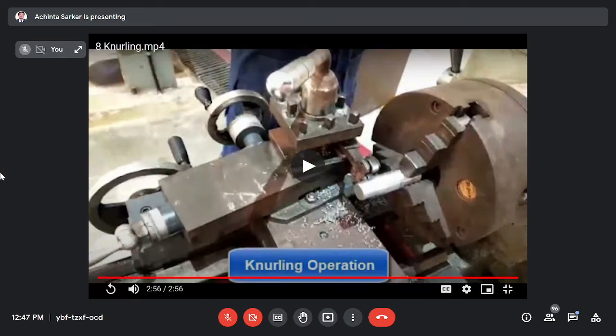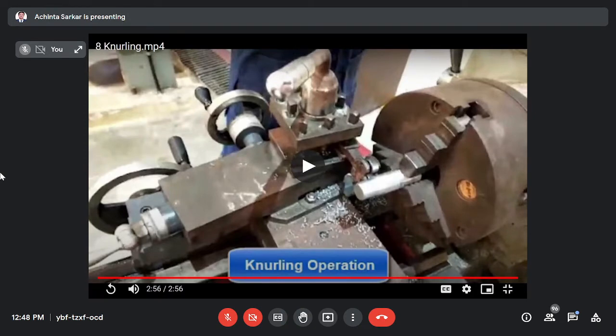These two wheels should be much harder than the workpiece. When we make contact with these two wheels simultaneously on the work surface, because the wheels are serrated in opposite directions, you can check the wheels have grooves, serrated in opposite directions. When both wheels are pressed on the workpiece surface, they will deform it. They will make a pressing mark there, and you will get a crisscross pattern,